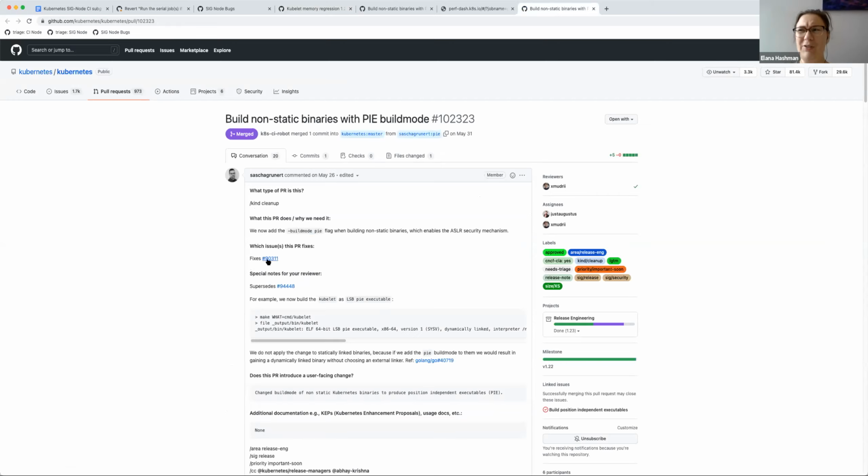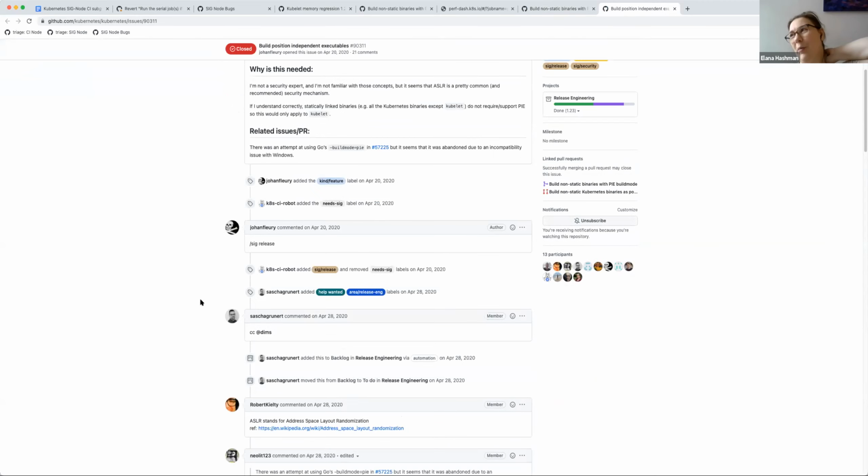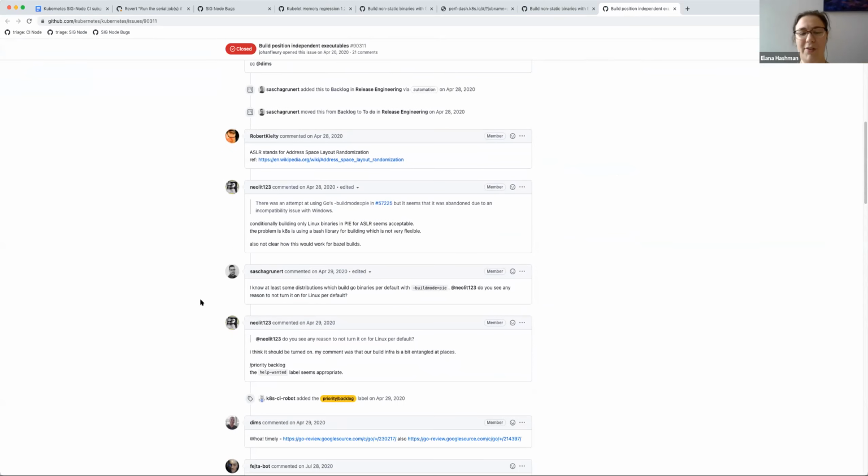It's just that we didn't really talk about it to anyone, and the release note doesn't really explain why it increased. Okay, so there's a new build flag which enables ASLR, address space layout randomization. I think it requires slightly more memory, but can prevent certain classes of exploit.